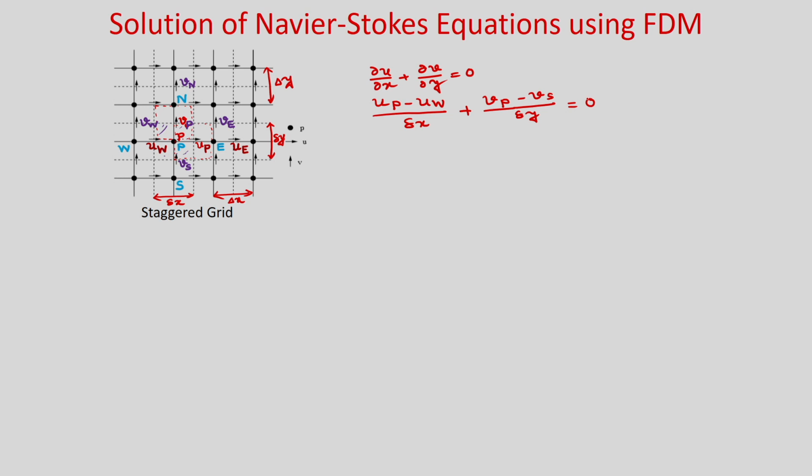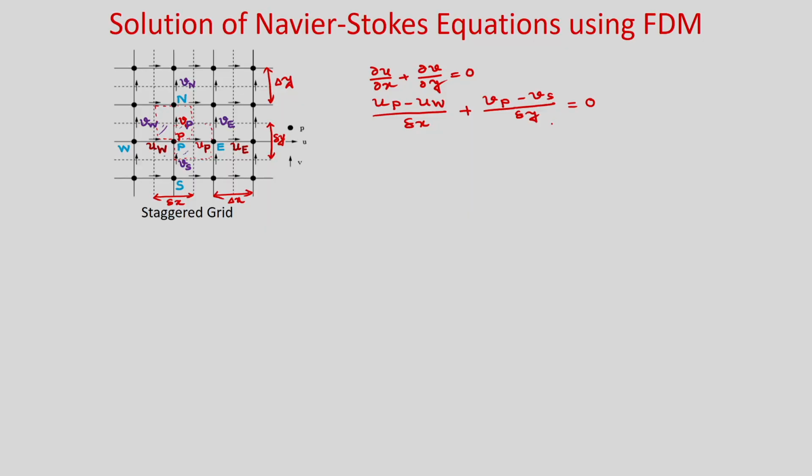Now, you can see that the velocities are already available at those points, at the face center of the main cell where we are solving the pressure. So, obviously, we do not need any interpolation. So, obviously, there will be no pressure and velocity decoupling, and essentially you are using the nearest grid point velocities